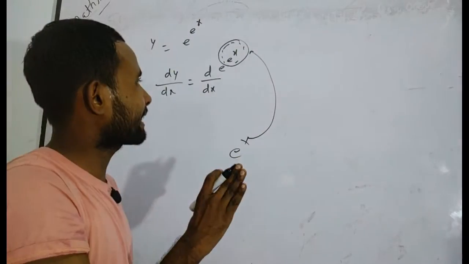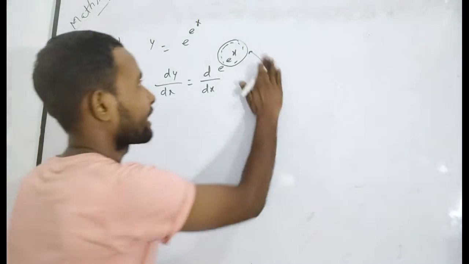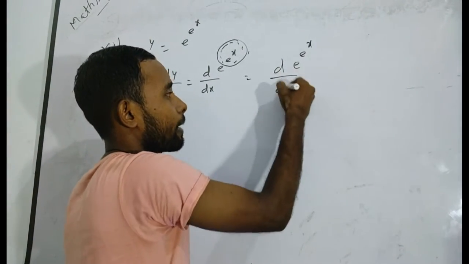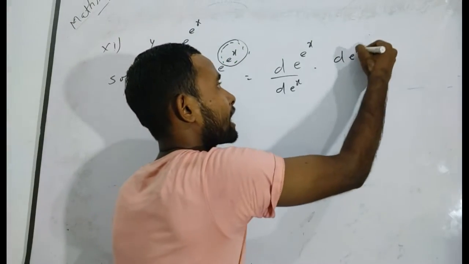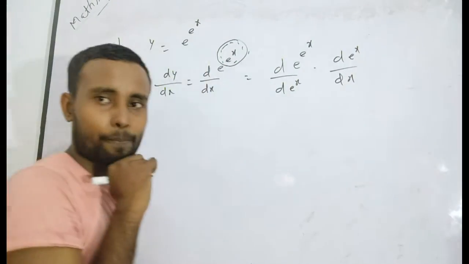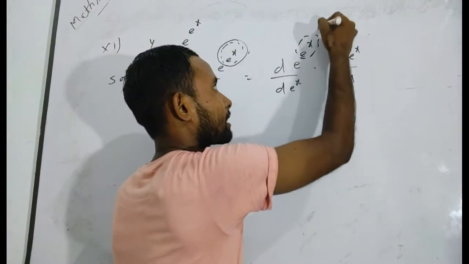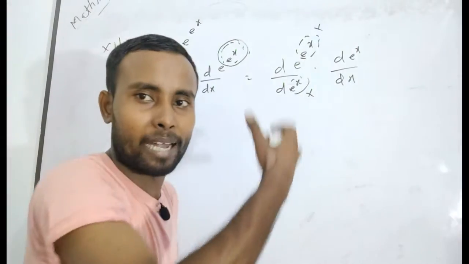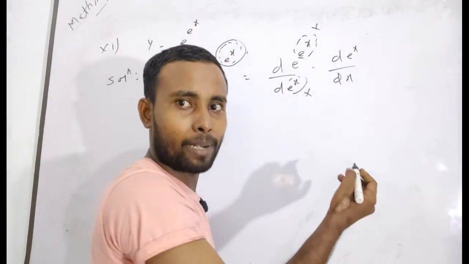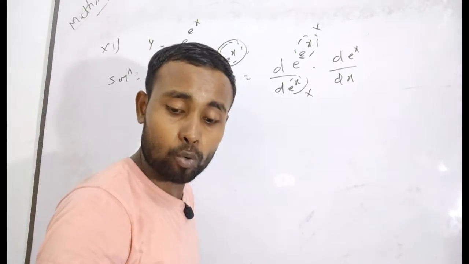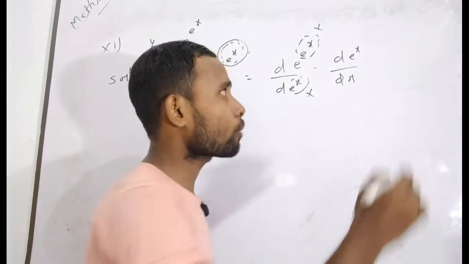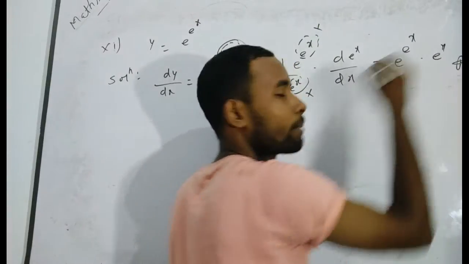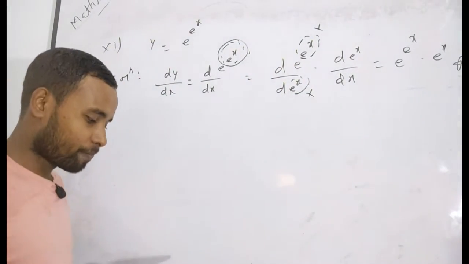Don't worry about it. Simply now you have to write here. First of all, you have to differentiate e to the power e to the power x with respect to the function e to the power x. Again, you have to differentiate with respect to x. As you know, this is capital X and this is capital X. The derivative of e to the power capital X with respect to capital X will be e to the power capital X. That's why I want to write here e to the power e to the power x into the derivative of e to the power x, which will be e to the power x. This is so simple for you.